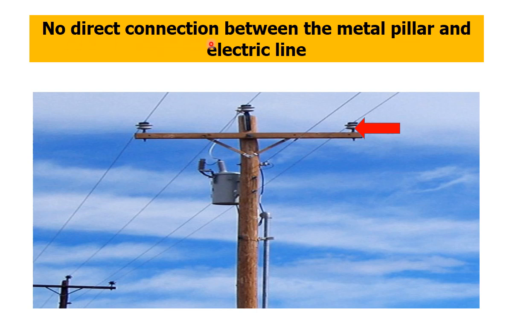Why is there no direct connection between the metal pillar and the electric line? This is a very important question. Let us talk about it. You can see in the figure there is no direct connection between the line and the pillar, because as metals are good conductors, the electricity of the wire may pass through the pillar to the ground if the pillar has a connection with the wire. If anyone touches the pillar,